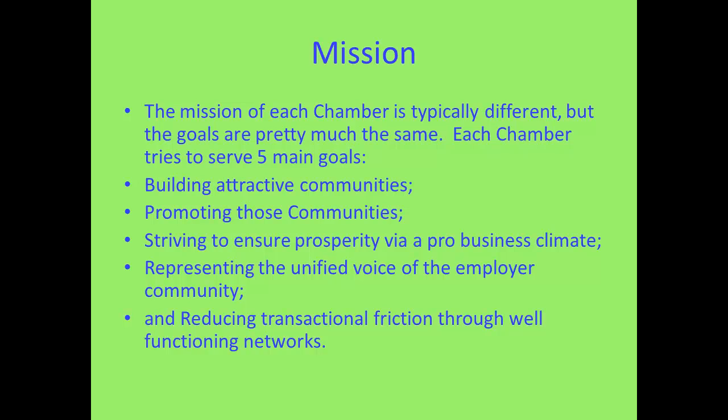And then for investors, obviously we want to make sure that we have a workforce that's viable and skilled. And we want to make sure that there are people that are going to bring their families, that are going to bring these jobs, and are going to be somewhere that is a good place to raise a family, with good schools. And so the chamber has a responsibility in all of that.